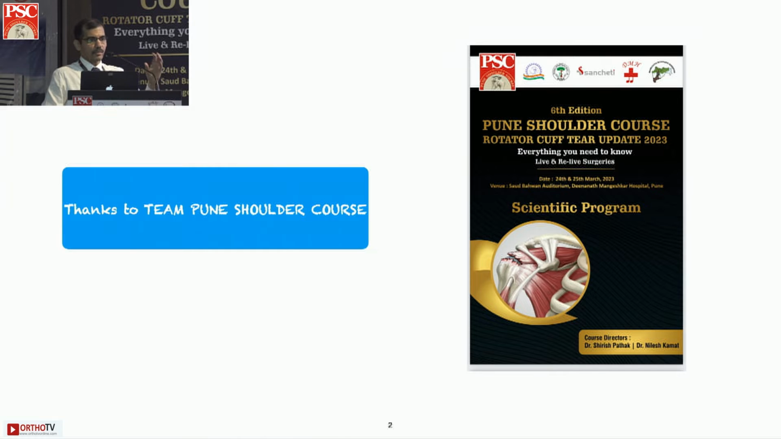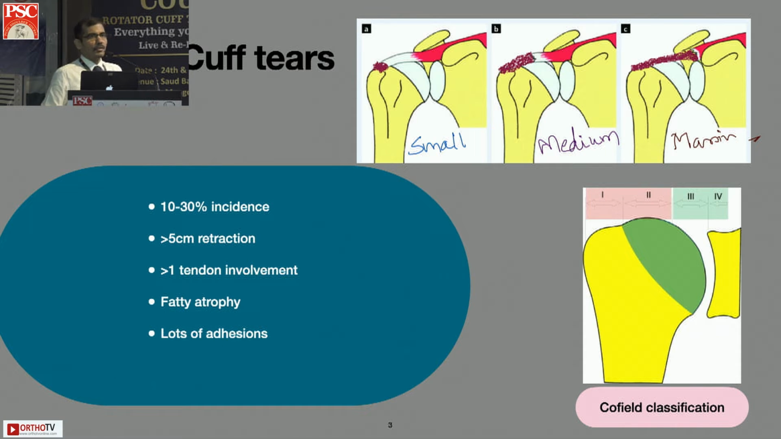I will tell some important decision making points. There is an algorithm written in the textbooks which is not really applicable to the real patient world. First thing is, when you think about massive cuff tears, they have about 10 to 30% incidence, and majority